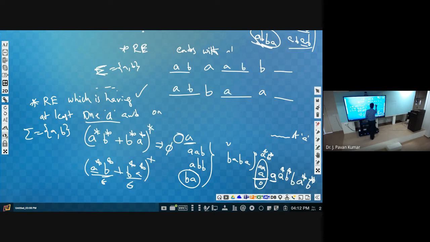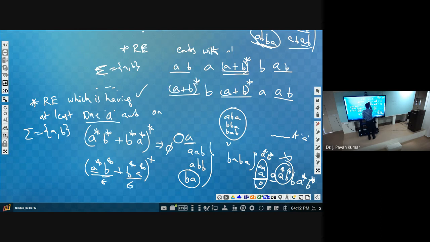How can we write that? Any number of A's and any number of B's in any sequence, keep that in mind. A star, B star is not correct, because that means the A's come first, then the B's, then A's, then followed by B. It is not like that. We can have ABA as well, we can have BBA, we can have BAB. These all are allowed here. That's why (A plus B) whole star means either A or B for any number of times. Similarly here also (A plus B) whole star. Yes or no? Did you understand?